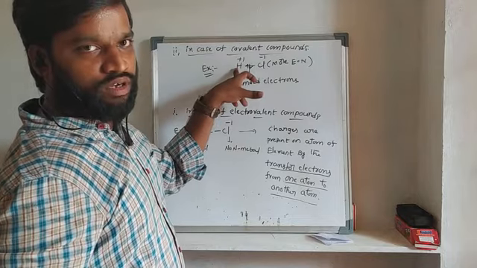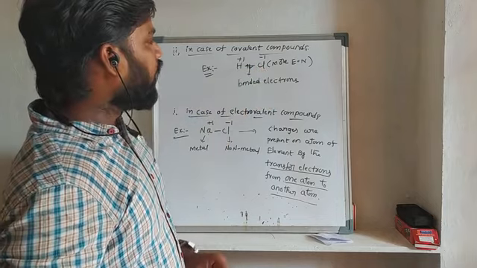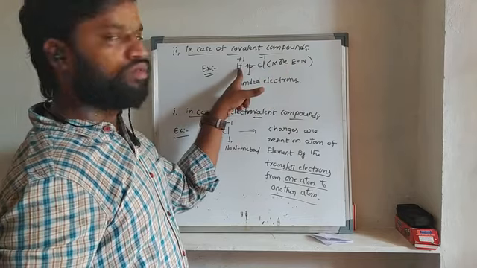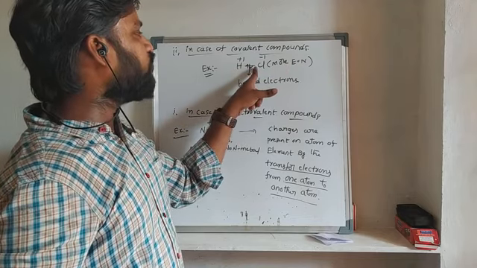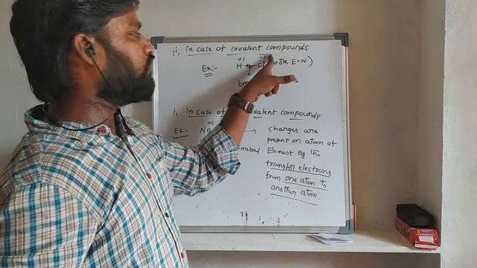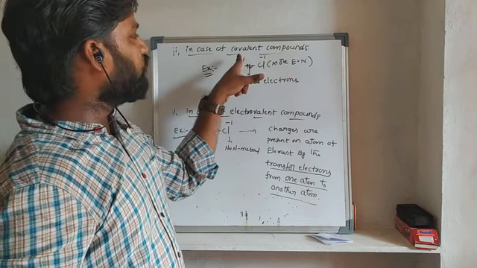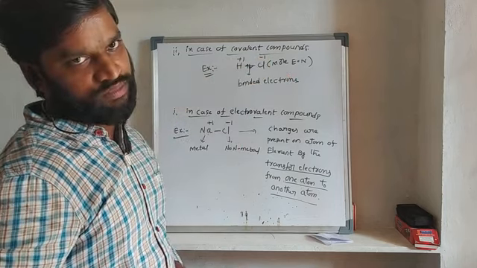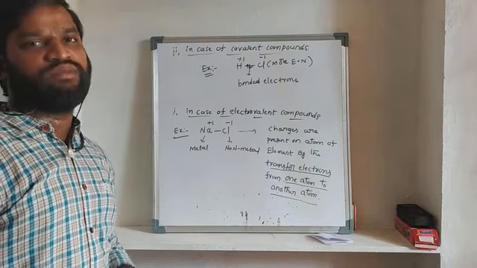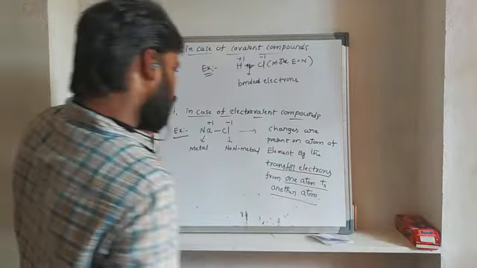HCl is a covalent molecule. Hydrogen and chlorine both are non-metals. Chlorine is the more electronegative element compared to hydrogen. That's why these bonded electrons are attracted towards chlorine. That's why the negative charge is present on the chlorine atom and the positive charge on the hydrogen atom. So by these two ways, charges are developed on the atoms of elements. Okay, and again general points.